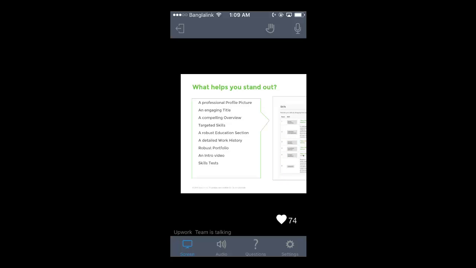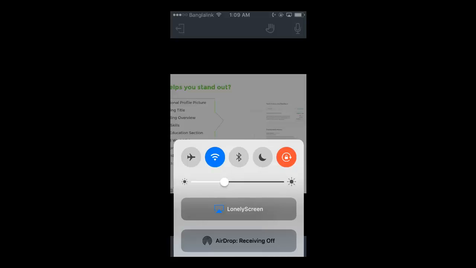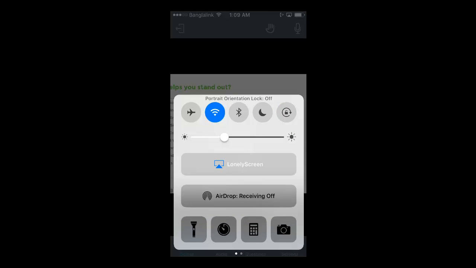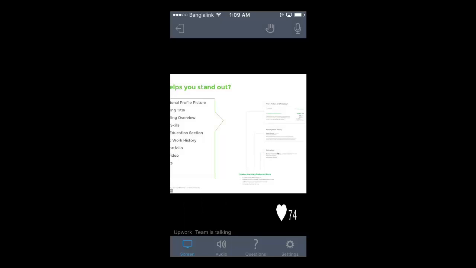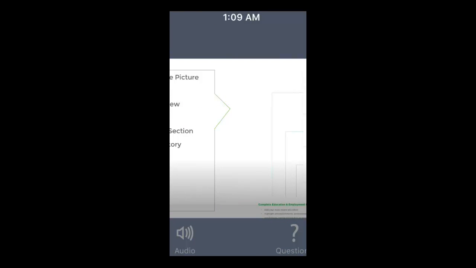The work history section that you see up here is something that will fill out over time. So you don't really have to do anything there yet, because what's going to happen is as you complete jobs, they're going to show up in this work history section along with the feedback that you receive. But this employment history section and this education section you can fill out today, and that's really all I want you to do is fill those sections out, because I actually find some freelancers who won't fill this out completely, and then your profile just does not look as complete as it could be. In addition,